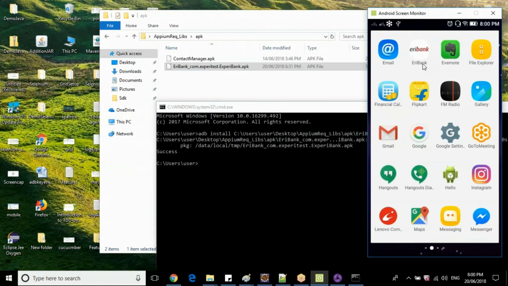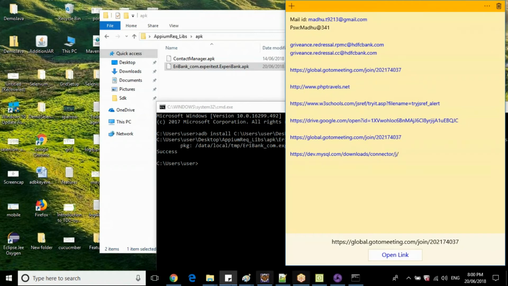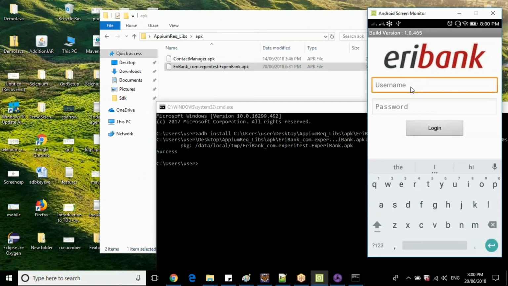Let me manually open this application and show you. I forgot the data. Okay, I think it is company, guys. The username should be company and the password should be company.